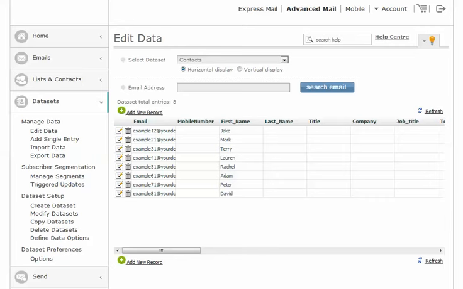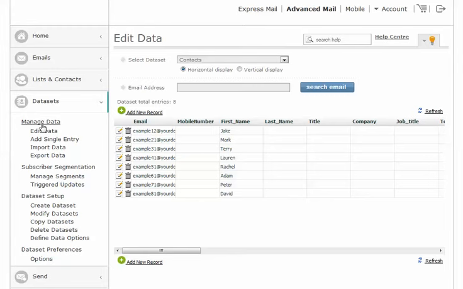In this video we're going to show you how the Datasets tab works. So this is a dataset where all of the information from your subscribers is kept. So we're going to show you how you can manage, import and also create and modify dataset entries in there as well. So you've got the Dataset tab on the left, which covers the majority of information that you need